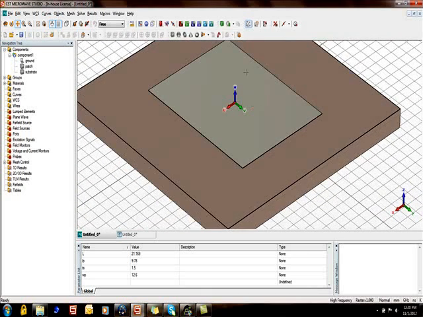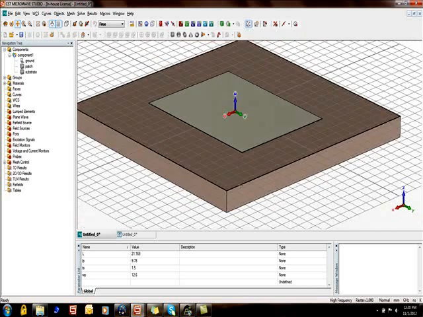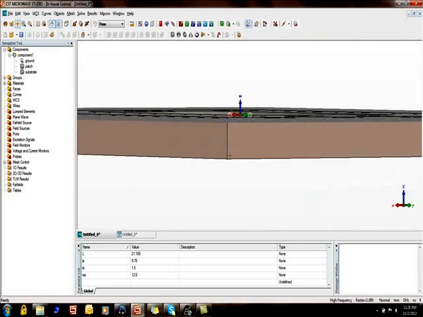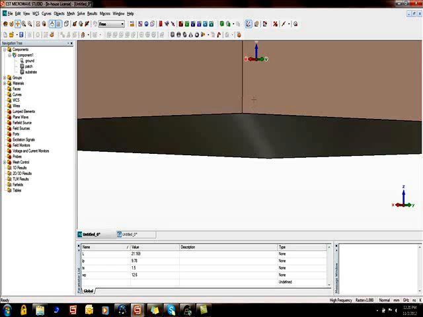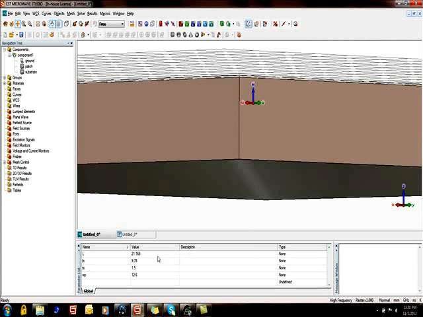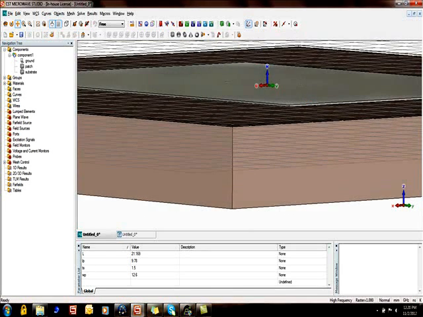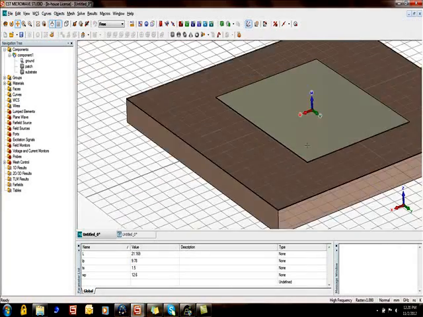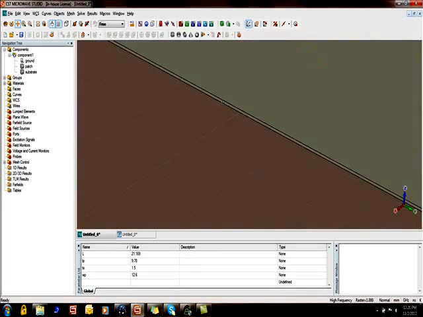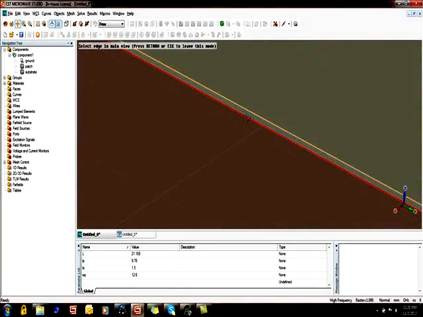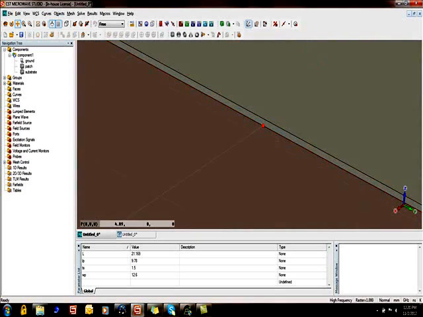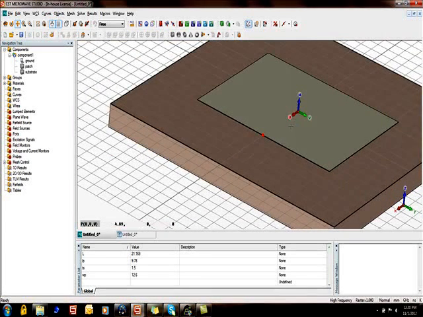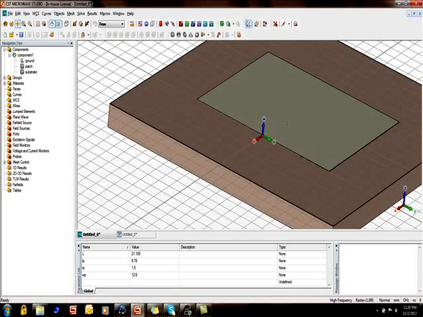So next task is how to define a feed line. Okay, so now you have a ground plane of 0 thickness, and then you have a substrate whose thickness is TS. Okay, so for feed line, select the midpoint of lower edge of a patch antenna. Okay, then move your local coordinate system at that point, click on create cylinder, and then press escape.